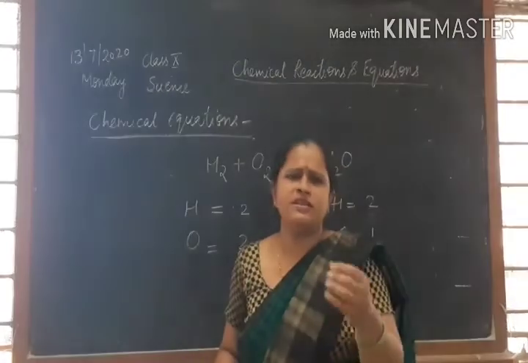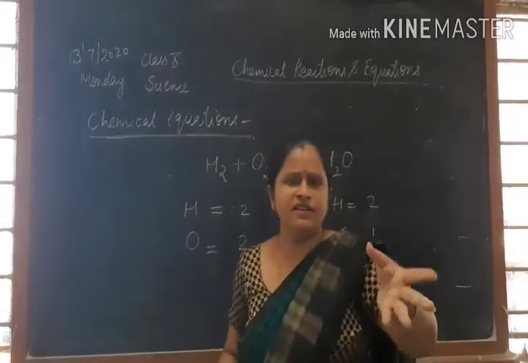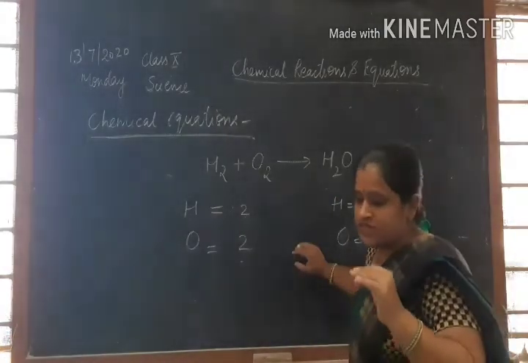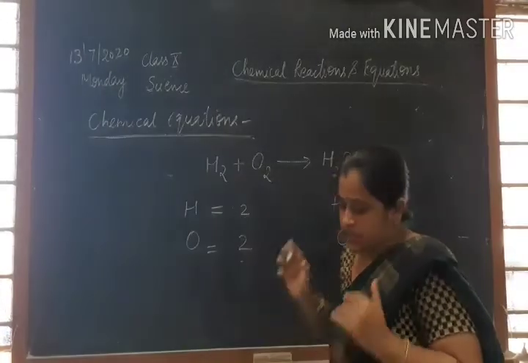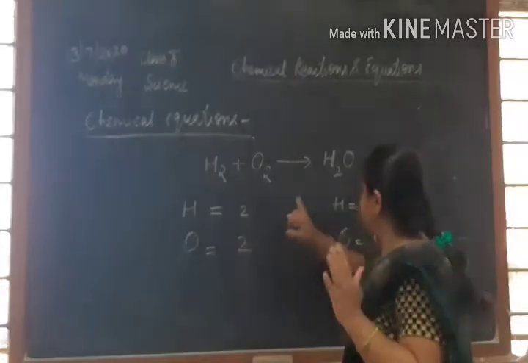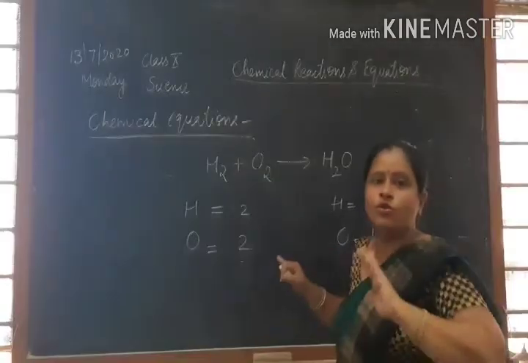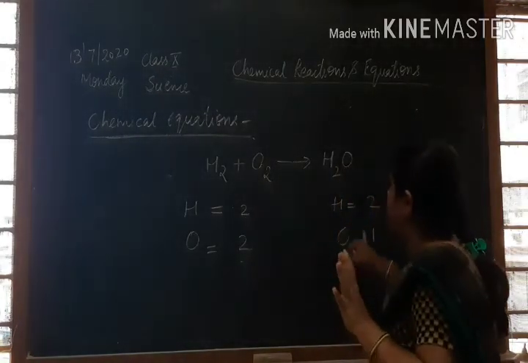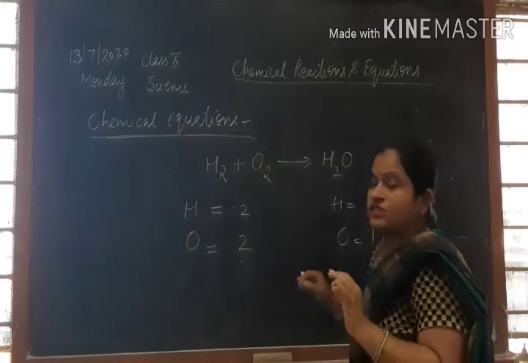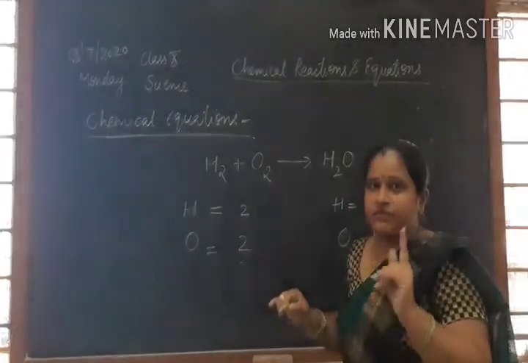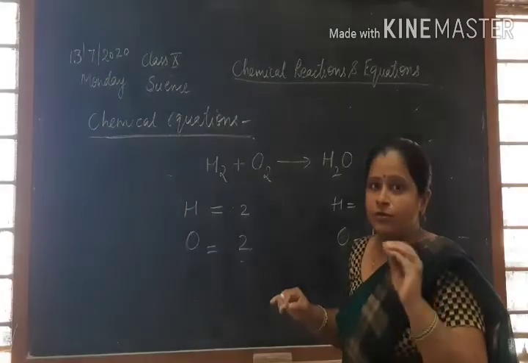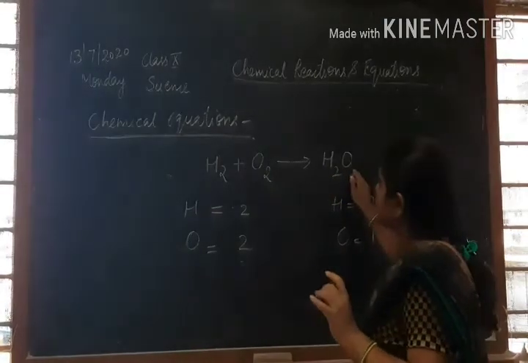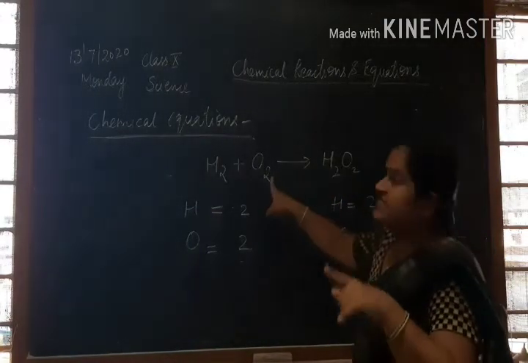So those steps, you all know, you have studied in 8th standard, but again I am telling you. Okay, so how are you going to balance this equation? Suppose see here hydrogen is 2 over here and 2 here, so there is no need of touching that hydrogen, but oxygen is 2 here and 1. So what we will do here, look students, some rules are there. Every time whenever we are putting any number, don't put any number in between of this. So we cannot put 2 over here to balance this oxygen.